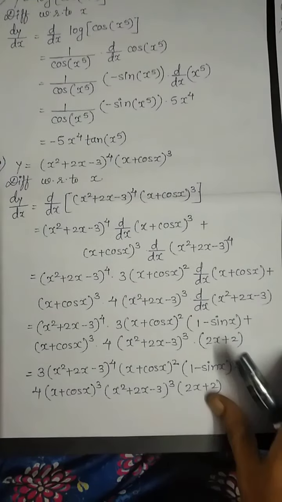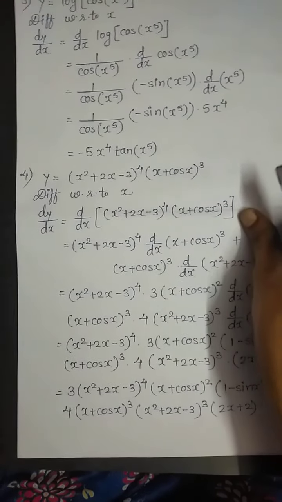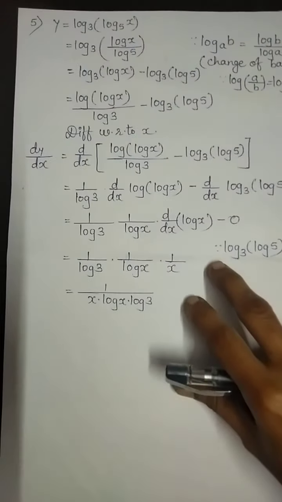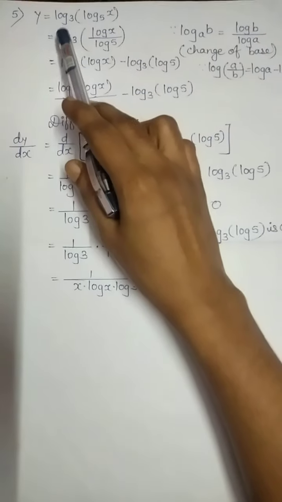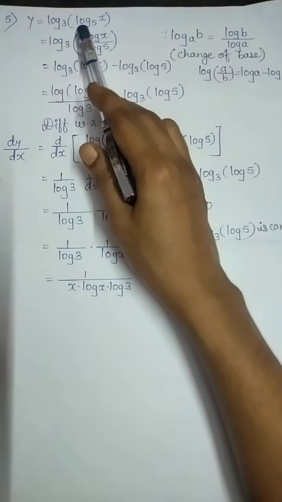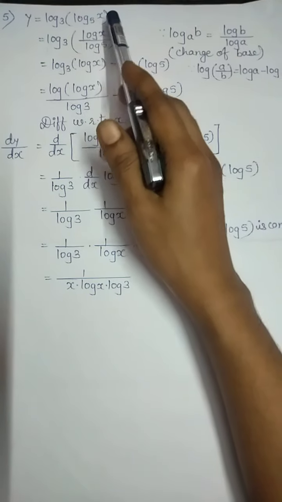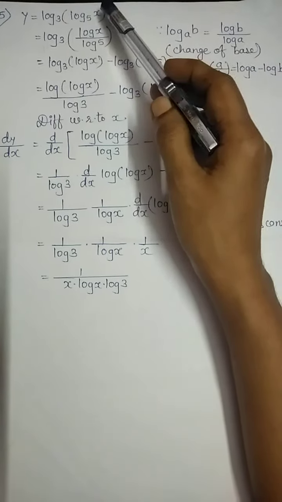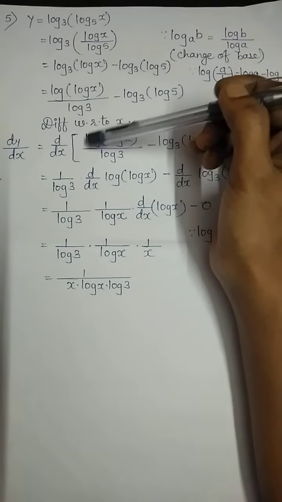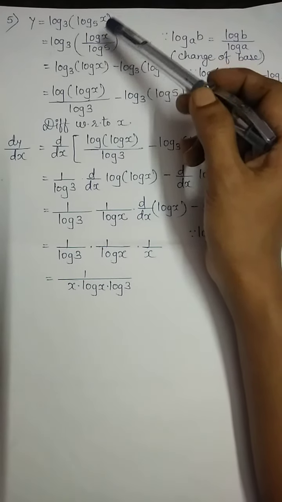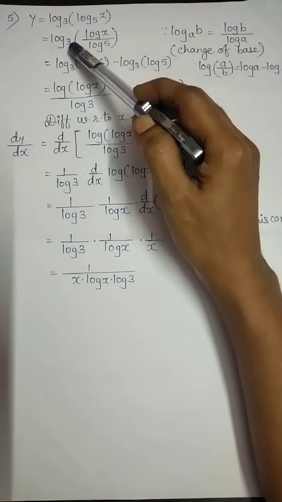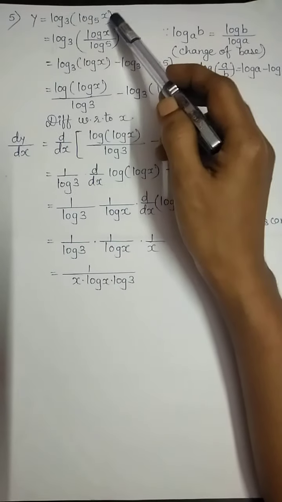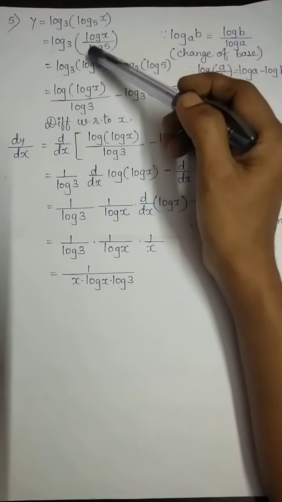Now considering one more question, question number 5, that is derivative of y is equal to log to the base 3 of (log x to the base 5). Now here, before we start to take the derivative, first we will simplify the given function. Now keeping this log to the base 3 as it is, we can write this bracket term as log x upon log 5,